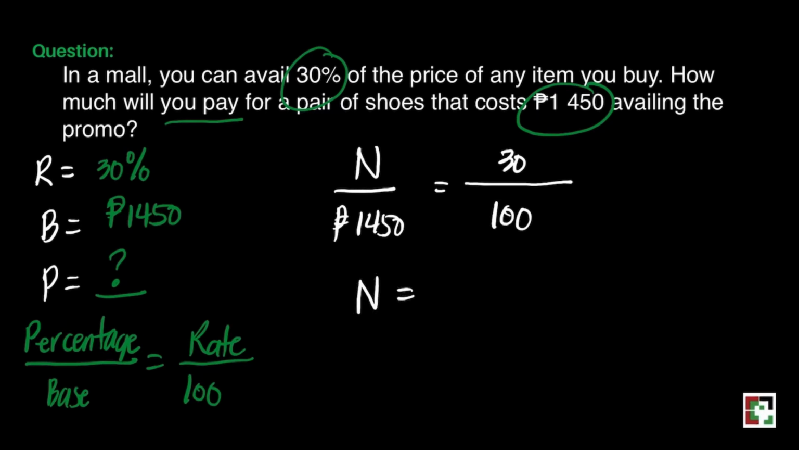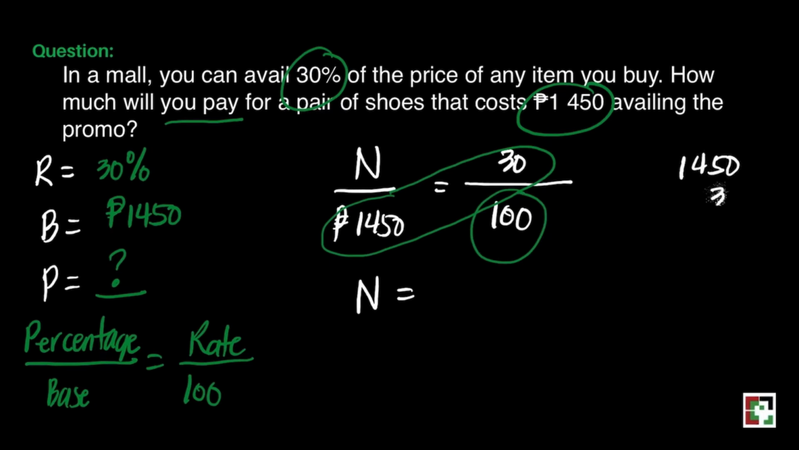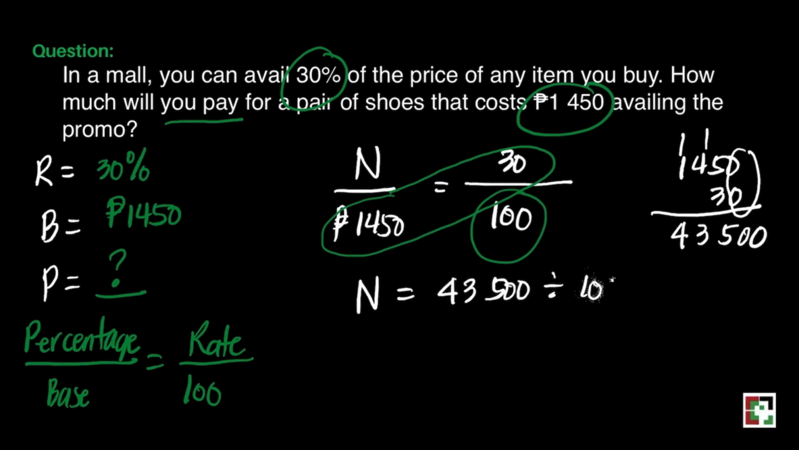Next, n is equal to, just do cross multiplication. That's going to be 1,450 pesos times 30. Let's find out how much will that be. In multiplying these numbers, I did not include the zeros there because we can use the shortcut way. We can just affix the 2 zeros after we multiply the significant numbers. And we have 43,500, then divided by 100. We can cancel the 4 zeros, and what is left there is